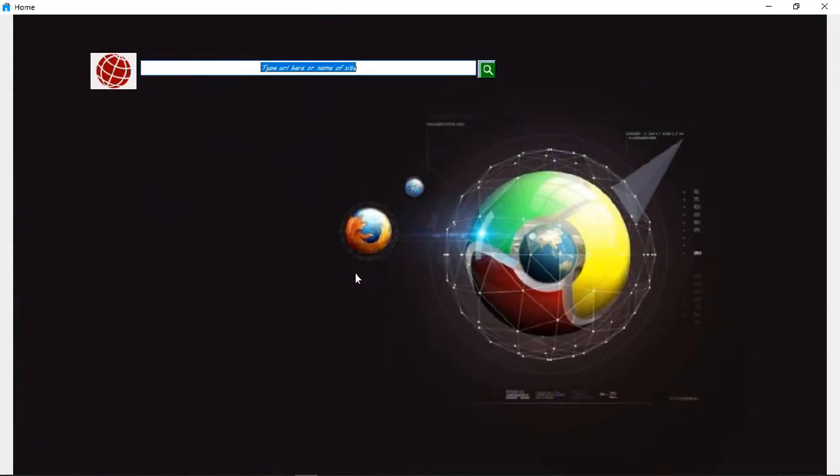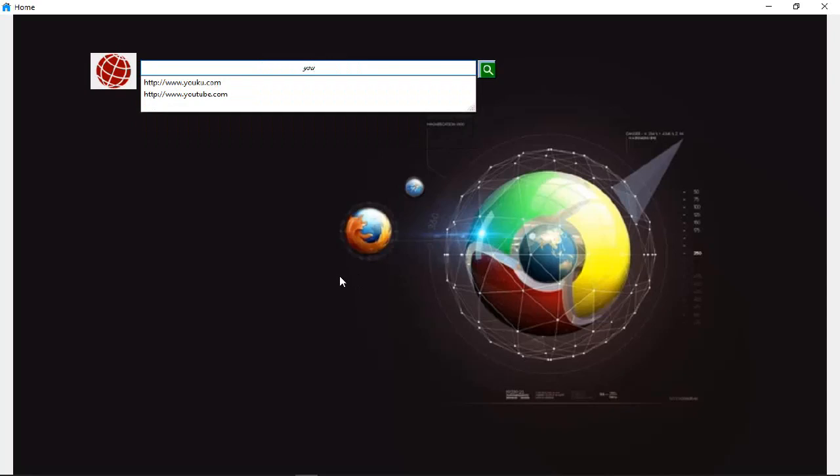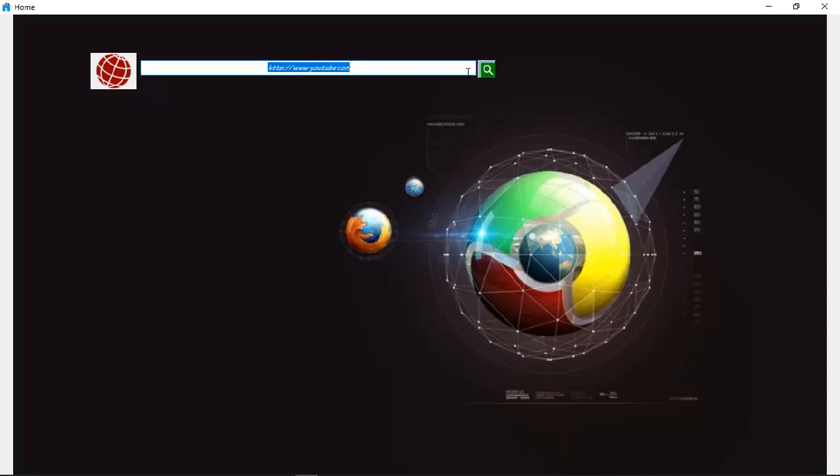The idea behind this project was to return the HTML content between a web call of the client and the server. Now, the first thing that we can do is type in a valid URL. A valid URL is maybe something like youtube.com, and if you notice, this application was designed in such a way that as you type, it auto suggests certain possible URLs you may want to visit.